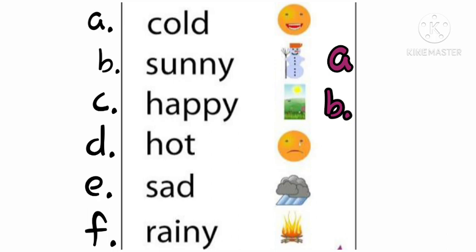Happy, happy. So you can recognize which picture is telling you happy, describing the happy face. Now recognize the picture and number it with C. Yes, you can do it. Very good. Okay, so number D, we have hot. H-O-T, hot. Now, which picture is going to describe the hot? See the last picture, children. How is the picture? Is it hot or is it cold? So now recognize it. This is your part, and number it with D.